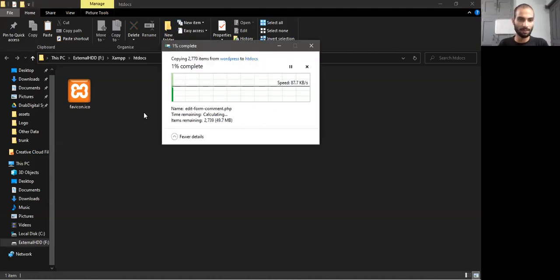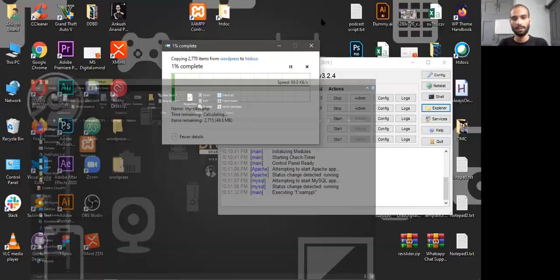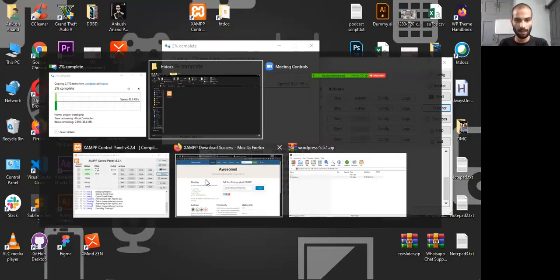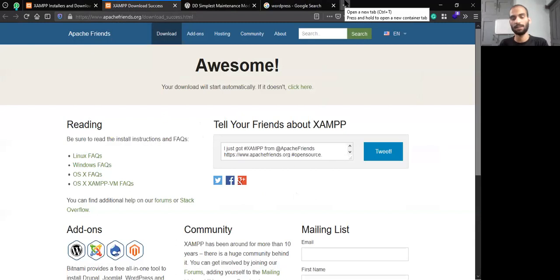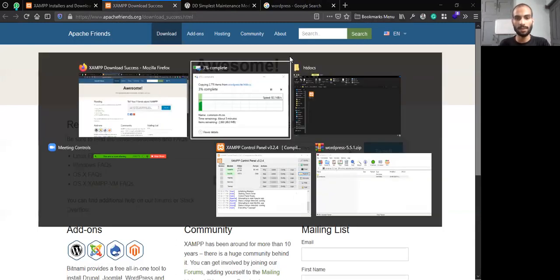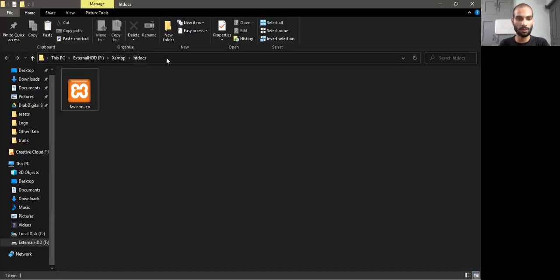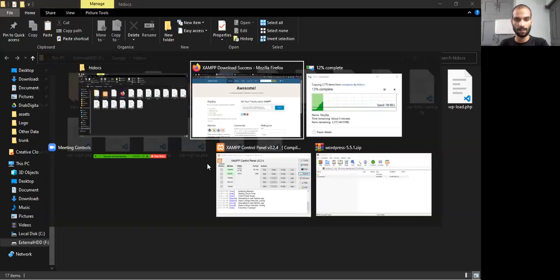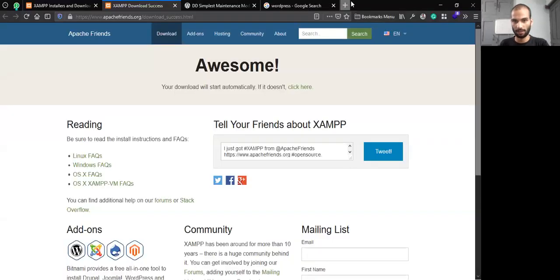All these files will be pasted right here, and these files will be accessible in the server now. As I told you, this is the root folder. Whatever you put here will be displayed on the front end, which means on the website.